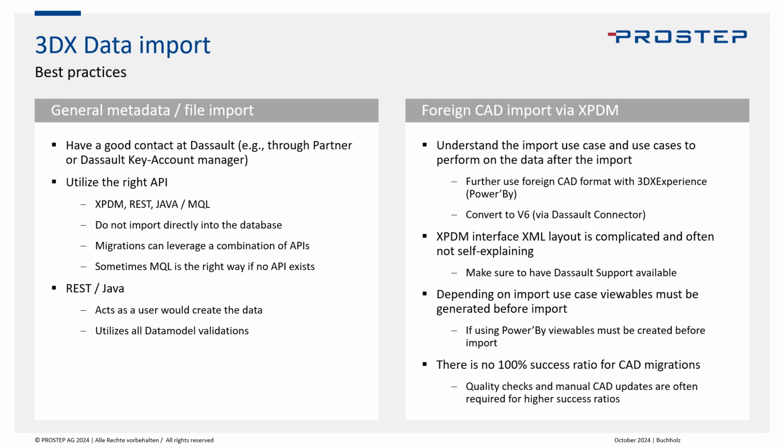This is important because each API has its own feature set. As you remember, there is a bunch of different APIs that you could use: XPDM, REST, Java, and MQL as well. And you want to make sure that for the data types that you're trying to import, you're utilizing the right API in order to get the job done. And it's sometimes the case that the SO then tells you that a certain feature set is, for example, not really supported, that you need to use a different API, or that a certain API needs to be enhanced by the SO